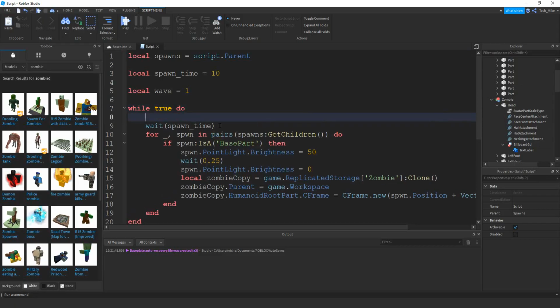So to get there, I'm going to say game.Workspace. and then the zombie model. Inside the zombie model, we're going to go to the head. Inside the head, we're going to reference the BillboardGui. And then inside that, we have the text label. And we're going to set the text property, and then we're going to say that's equal to the word "Wave"